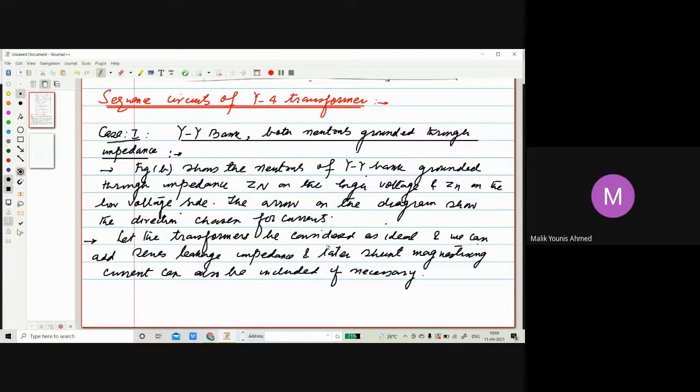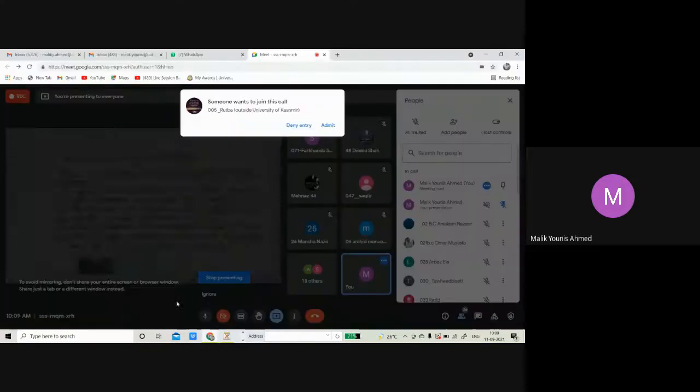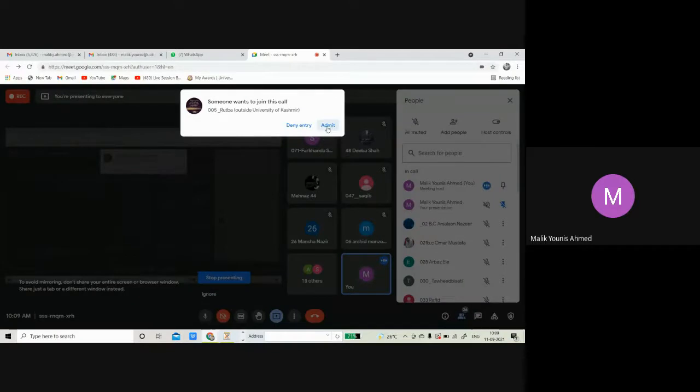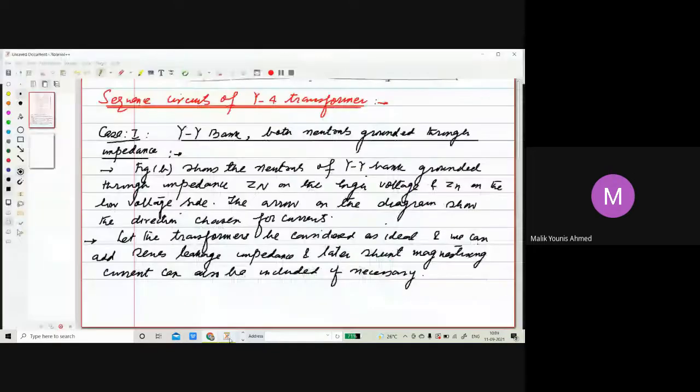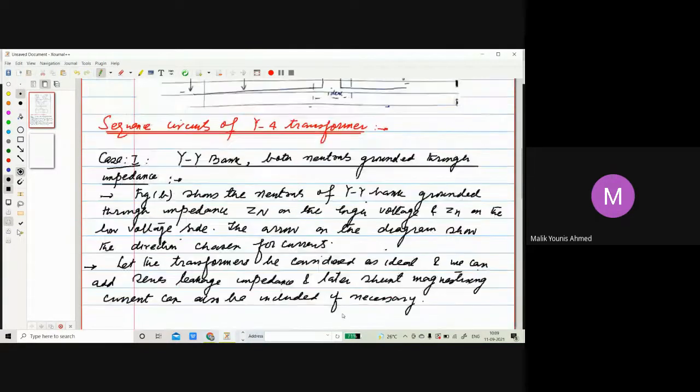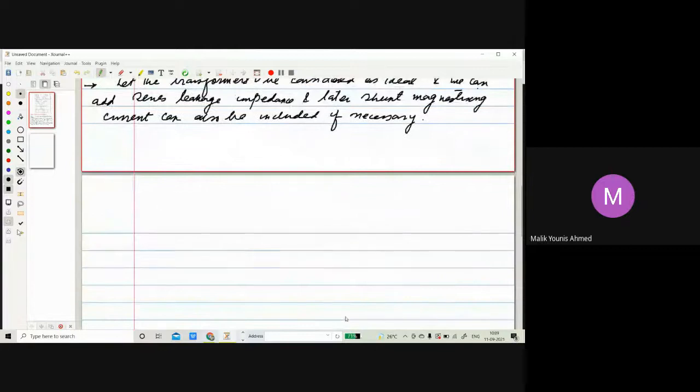So the transformer itself is considered to be an ideal transformer. What's happening to this? We can add a series leakage impedance, and you can also add shunt magnetizing current later on, because that current is very small. Normally we neglect it. So you can add that later on. Okay. Then moving further,